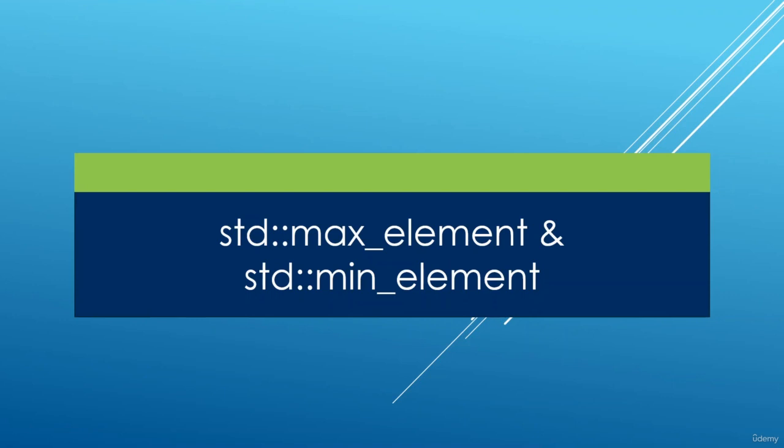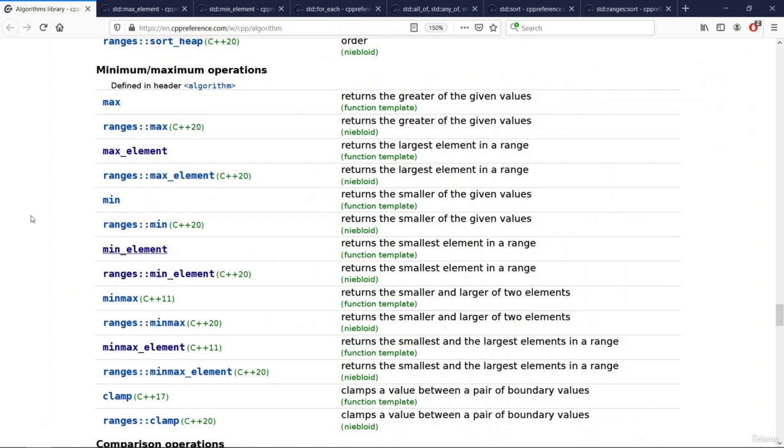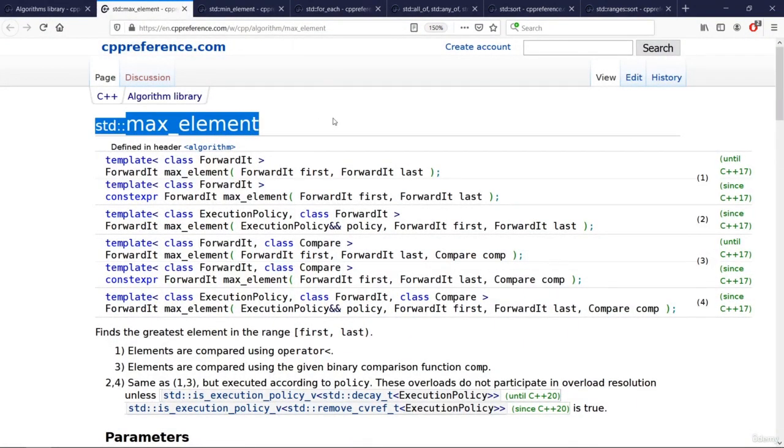In this lecture, we're going to learn about max element and min element algorithms. These are algorithms you can use to get the maximum and minimum elements from a collection. I don't think we need to do much more explaining here, but we can look at the documentation for these